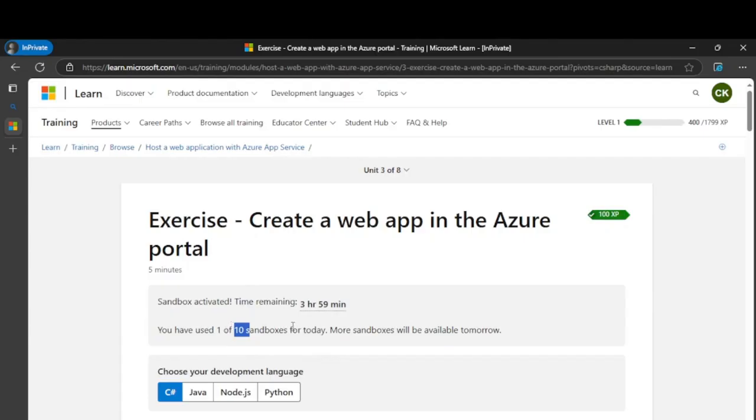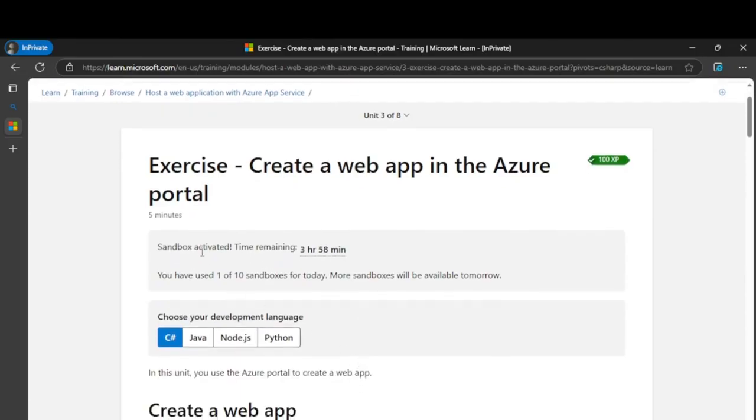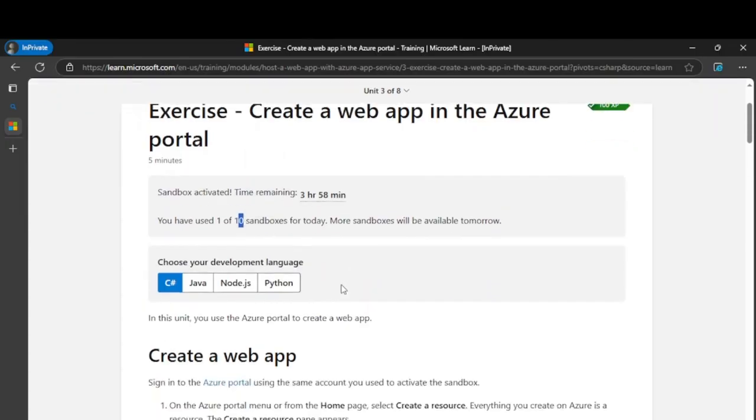Or sometimes two people are working on the same account, all of that for testing purposes, like DevOps and ADO pipeline. That's a part of another topic. But if you look here, for one day you will get up to 40 hours. You are getting 10 sandboxes, each of 4 hours, and every day it gets renewed automatically. So you are getting this daily for the free subscription. If you have 24 hours and you are getting more than that, then that's enough.